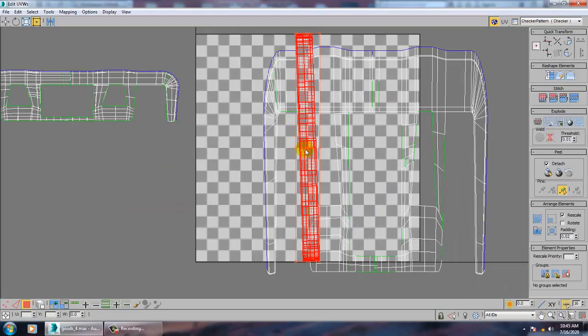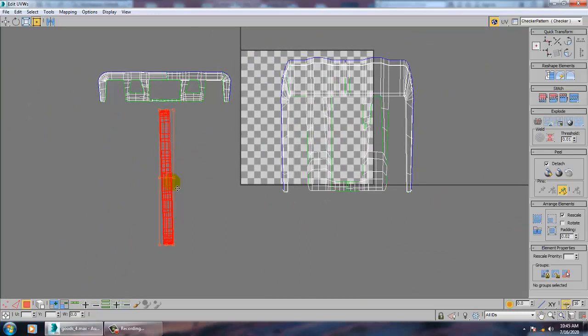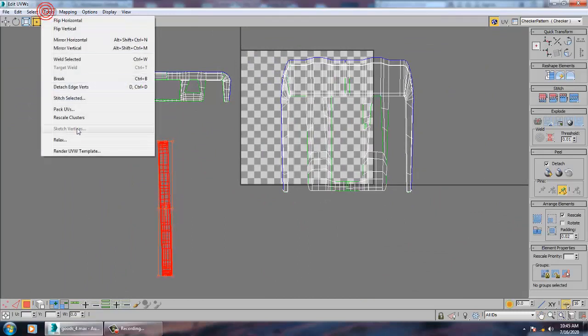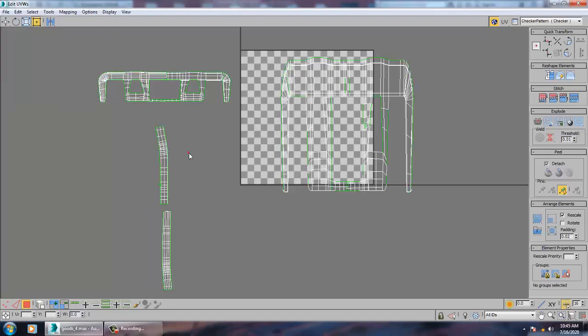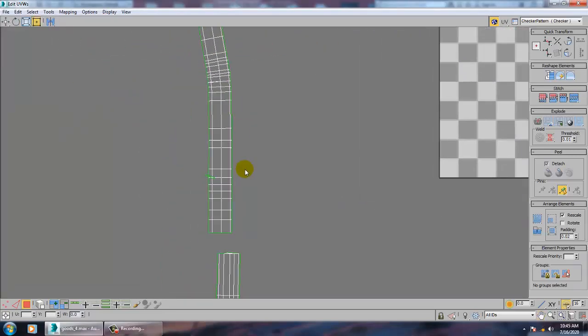You can just open that stuff, and even if you want you can go into tools and just relax it. Once you relax it, it is going to get opened up. So you need to relax this over here. As you can see, these are two different elements. While relaxing it, it is definitely going to create some problem over here.